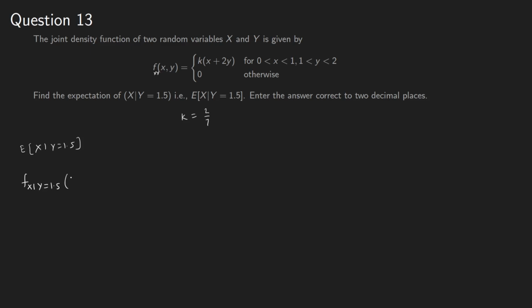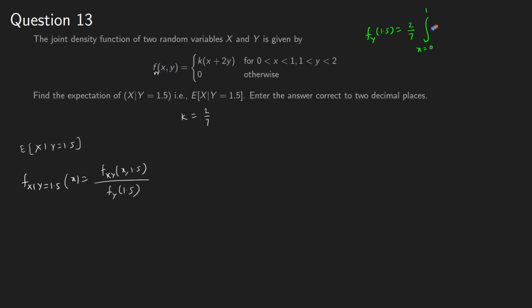As you know, any conditional distribution can be written as the joint. What will be the joint in this case? It will be just the joint PDF at x and y takes value 1.5 divided by the marginal of y at 1.5. The event over which it is conditioned, that we put in the marginal in the denominator. So the marginal of y here at 1.5 we can write as the joint PDF we have to integrate. So k we can take outside, 2 by 7, and we will integrate it over the full range of x because we want the marginal of y. So x goes from 0 to 1,